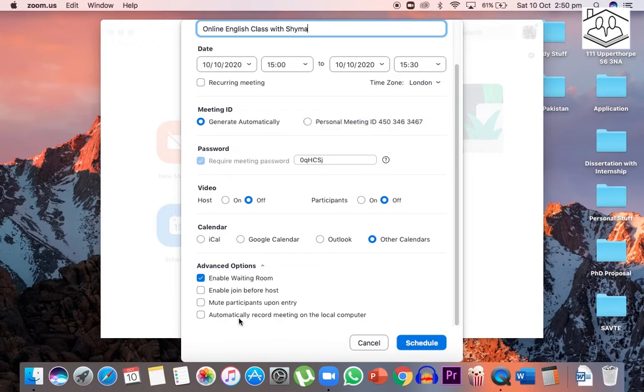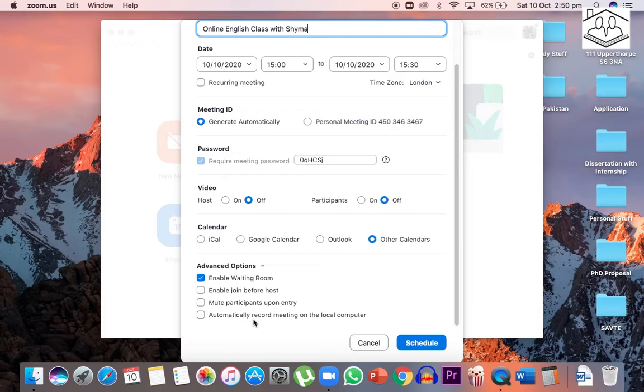So this option gives you leverage so that you do not have to start your recording manually. It just automatically starts and records everything happening in the meeting. I usually use this option when I'm recording my podcast interview. And in that podcast interview, my participants, my interviewees, have already given me a written consent through